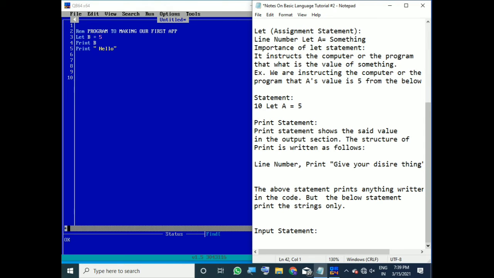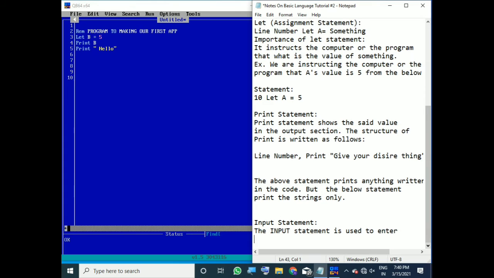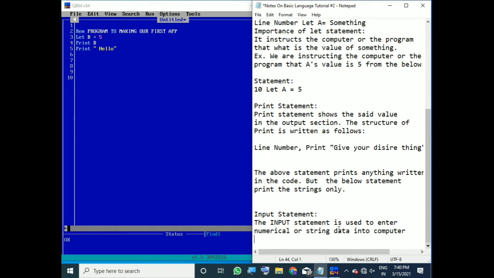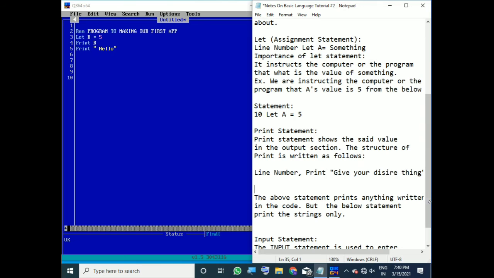The input statement is used to enter numerical or string data into the computer.